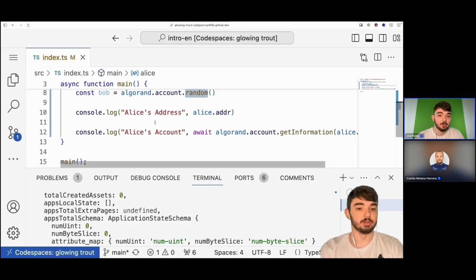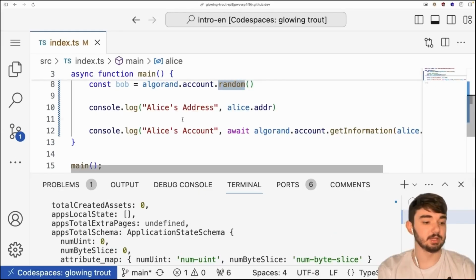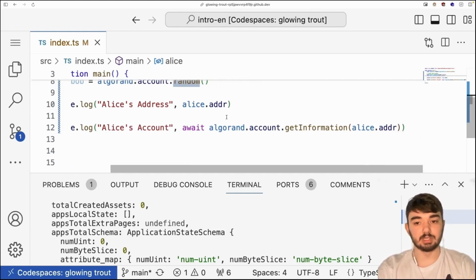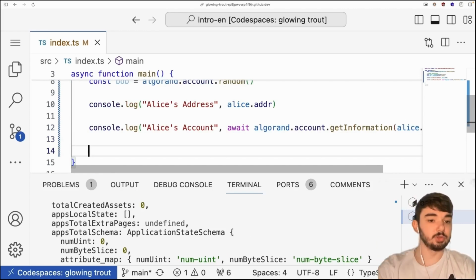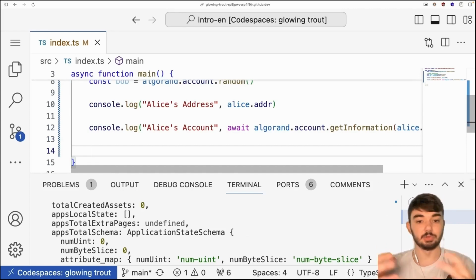Okay, so I'll go ahead and continue the video. Now, the best way to do this, or in fact the only way, is to give Alice's account some Algo. So I want to somehow get Algo into Alice's account. Because we're on LocalNet, we don't need to go to a dispenser website, and we can just programmatically get a dispenser account. For those that aren't familiar with blockchain development, a dispenser is basically an account that we can use to fund other accounts.